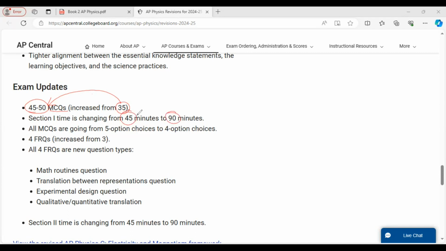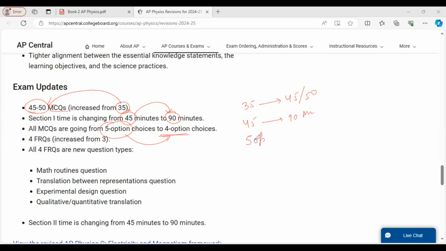Previously it was 45 minutes, now you will have a 90-minute time duration for the objective MCQ questions, and you will have 4 options in place of 5 options. So what are the major changes? Questions increase from 35 to 45 or 50, time changes from 45 minutes to 90 minutes,